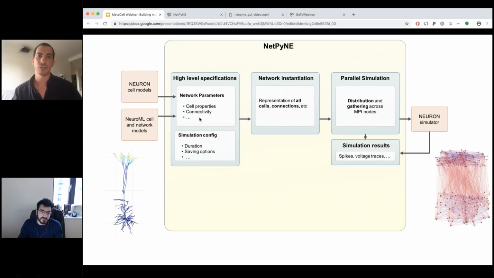So from those specifications, you generate a specific network with hundreds or thousands of cells and up to millions of connections. Once you have that network, which is instantiated in NEURON, the neuron simulator, we go on to the parallel simulation step. So again, NetPyNE takes care of all this process, distributes all the cells and connections across different nodes, and then runs the simulation using the neuron simulator and gathers back all the information that you need to process